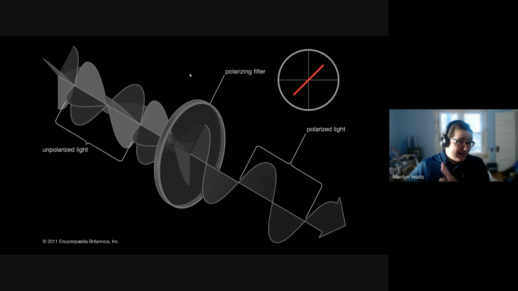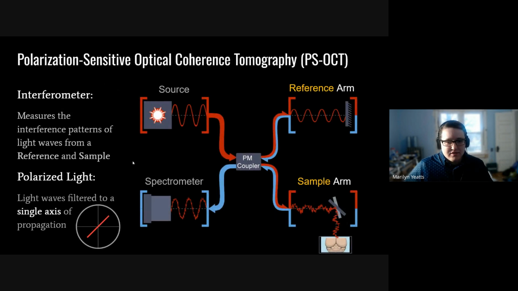That will be very important for later, but for the sake of understanding this technique, just starting with what is polarized light is important. So keep that in the back of your pocket for later. So we're back here, we've got the reference and sample arm, and we have this polarized light that we care about. Now, the specific thing about the PS-OCT that makes it different from regular OCT for that polarized part is this polarization maintaining coupler, or the PM coupler, where we actually make sure we hold on to that polarization state